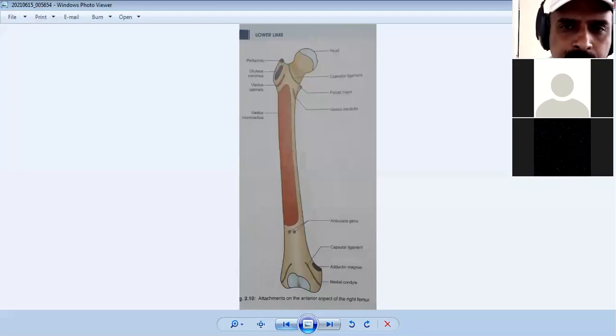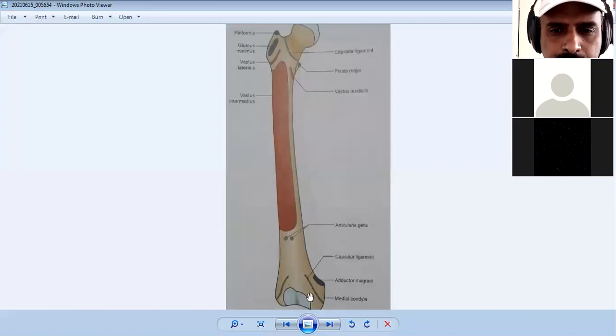So upper end, then going to the lower end of femur. In this you have to remember the lower end. This lower end of the femur is widely expanded to form the two condyles, towards the head we have the medial condyle and lateral condyle. Above that, the projections are the medial epicondyle and lateral epicondyle. That is what you have to remember in the lower end of the femur.